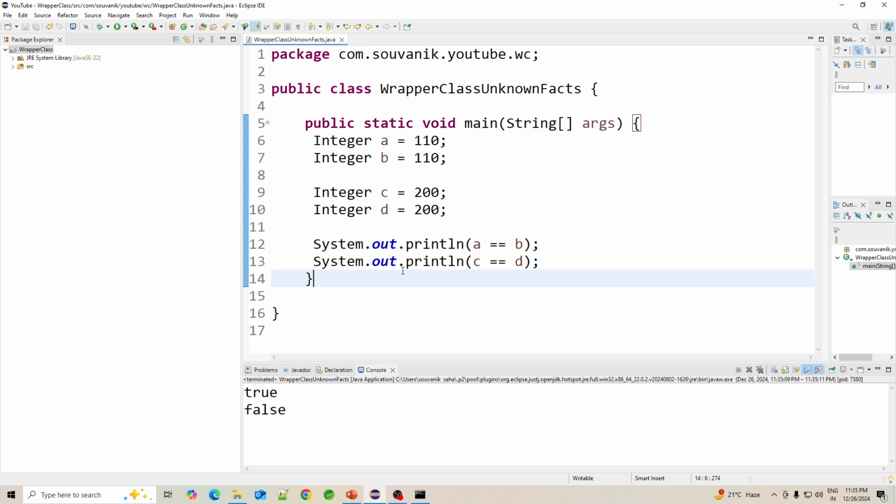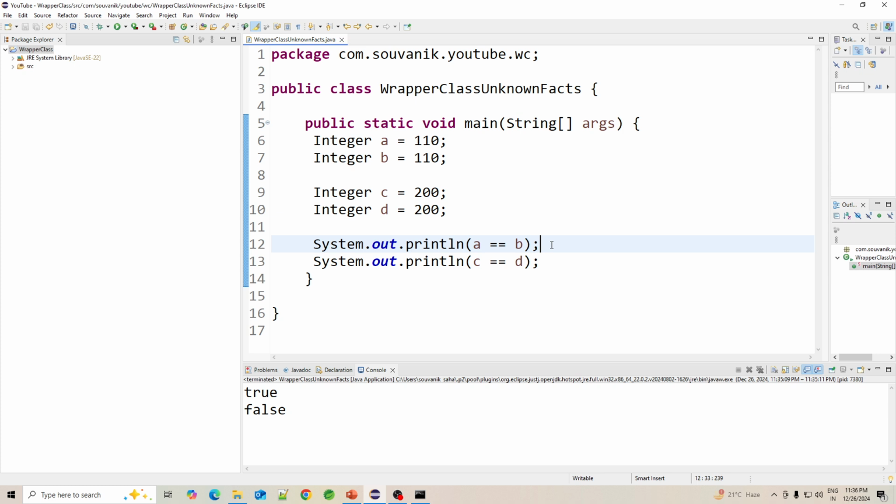Really, why is this happening? This is happening because of caching. Wrapper class objects are cached for efficiency and performance optimization, and there is some range up to which the values will be cached. Because of that this is happening.